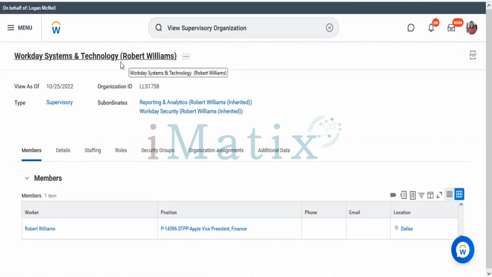Manager will be getting inherited from this organization to this subordinate organization. That is the reason why you're seeing Robert Williams has got inherited to these organizations. Since there is no manager assigned to these two organizations, automatically the superior organization's manager will be getting inherited. Once we assign a manager, we'll be breaking that inheritance. Roles will be getting inherited. What else?